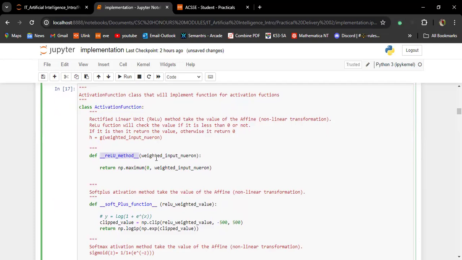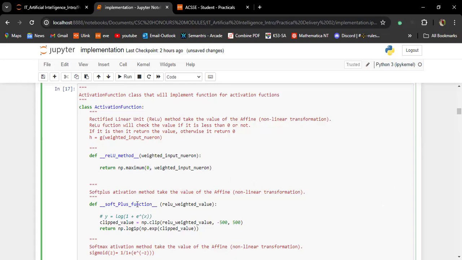First is the ReLU method, which takes in the weighted input neurons, so as we've seen from the slides, the product between the weights and the input layer where we have added the bias. We will then compare that value with 0, and then whichever is greater is going to be returned.